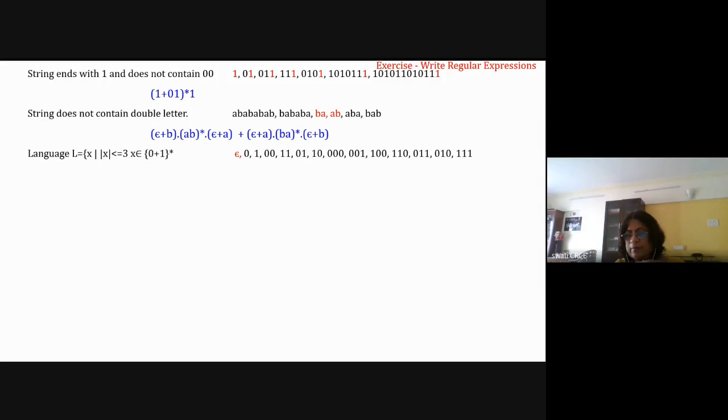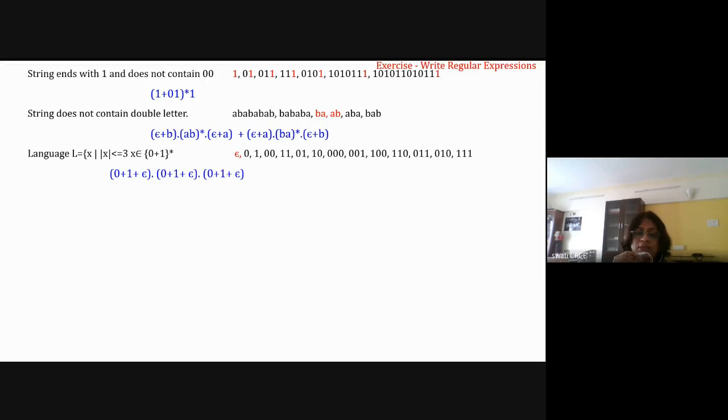What you are saying, BAB, the minimum length string can be A or B. BAB should also be accepted, no? This is either 0 or 1, bracket start. Nisha is correct. So I can say that either 0 or 1, or either 0 or 1, or either 0 or 1. And I can add epsilon also. And without epsilon, if you have to write it down, then I think Nisha's answer is correct.